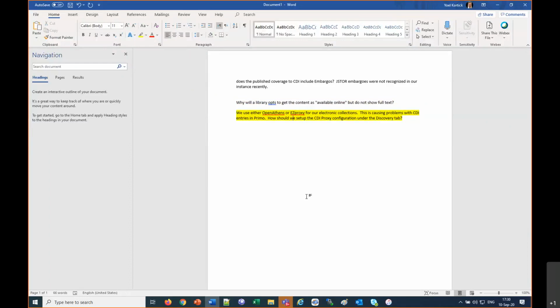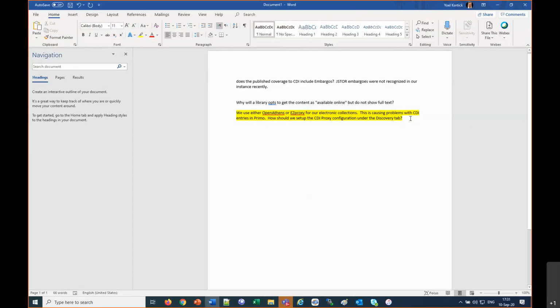I suggest that I'm not going to cover the setup of a proxy as part of this session, but what I would like to say in general is that whenever the linking is done through the Alma link resolver, and we will discuss linking in further detail through the session, it uses the proxy definition that is defined in Alma.